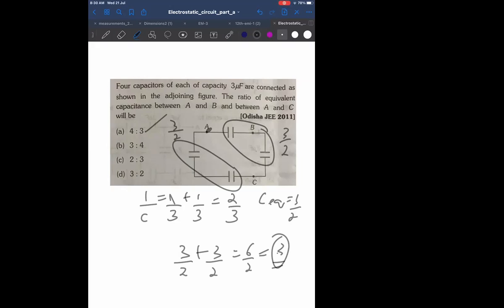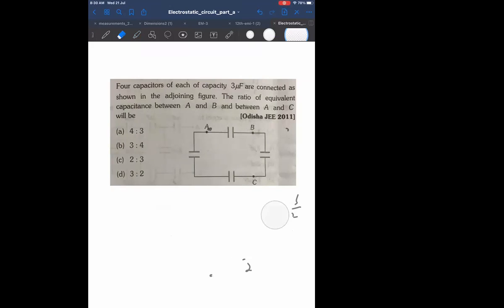Now, all of you try to solve it again. Raju, this is correct, the same thing you did. All of you check whether you're getting the same answer, 4:3. Between A and B, I have one capacitor, and the other three in series are in parallel with it. Between A and C, I have two capacitors on each side, which are then in parallel with each other. So you will exactly get 4 and 3. Start doing it.